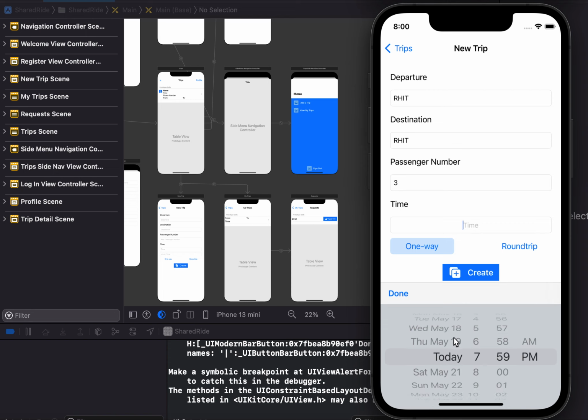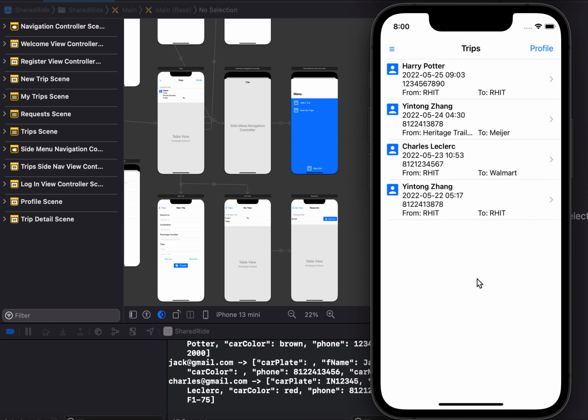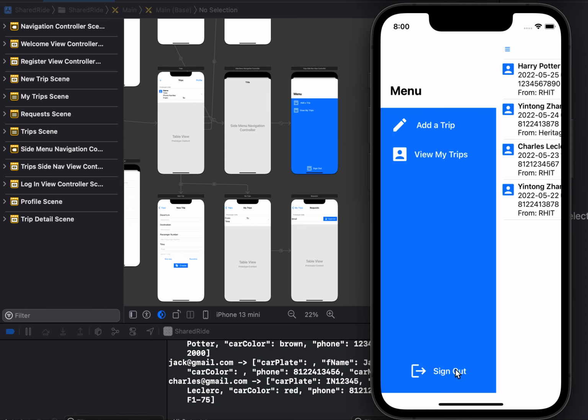And when we select the time text field, a date selector is open with a wheel picker, so that we can pick the actual time we wanted to depart. And when we press done, it gets inputted into the text field, and we can create. Alright, so this new trip has been created and added to the main list. Now let's sign out and